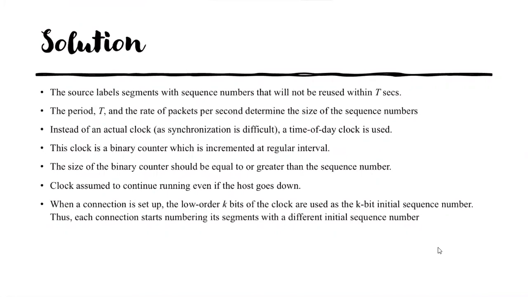So we are saying that now the transport layer, what it does is that the source who is initiating the connection will label the segments with sequence numbers. So the source labels the segments with sequence numbers, and these sequence numbers will not be reused within T seconds. So this T is fixed. It is fixed how? The period T and the rate of packets per second determines the size of the sequence